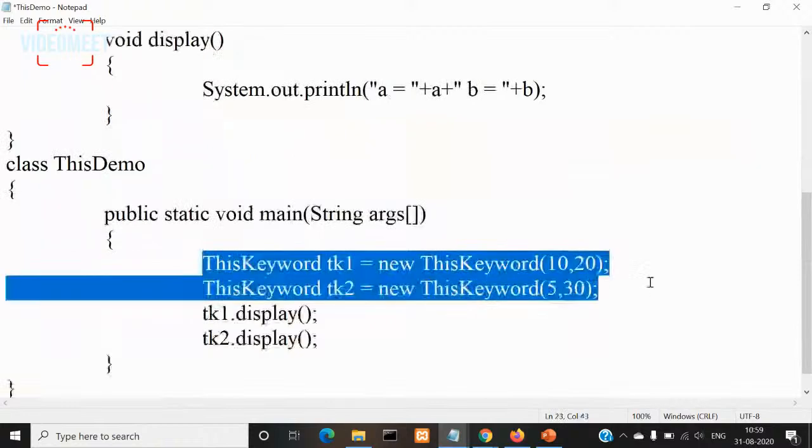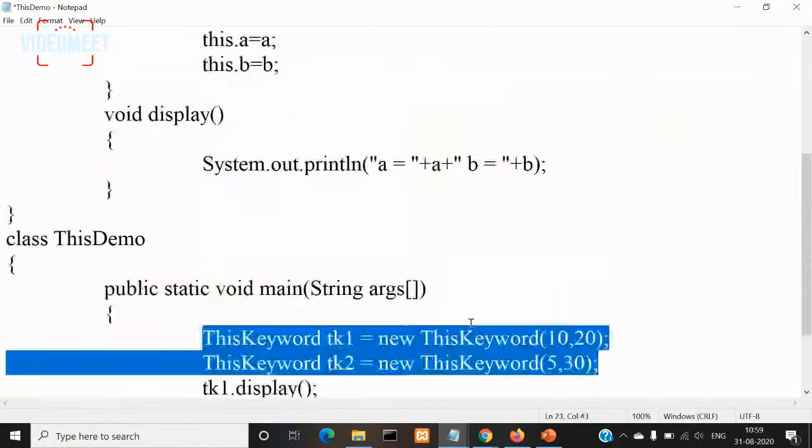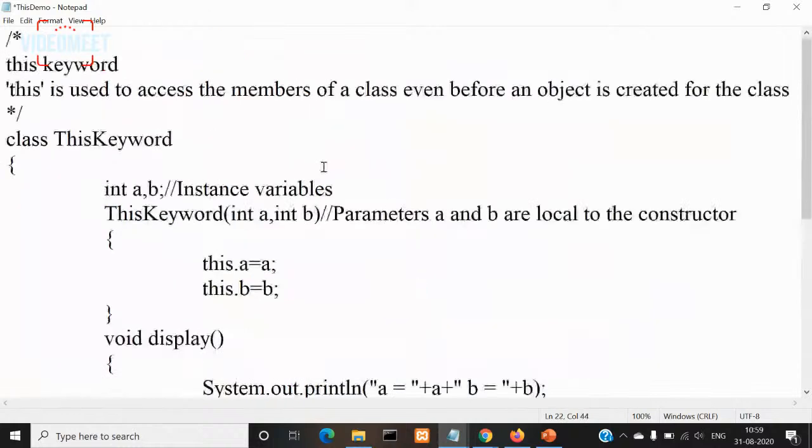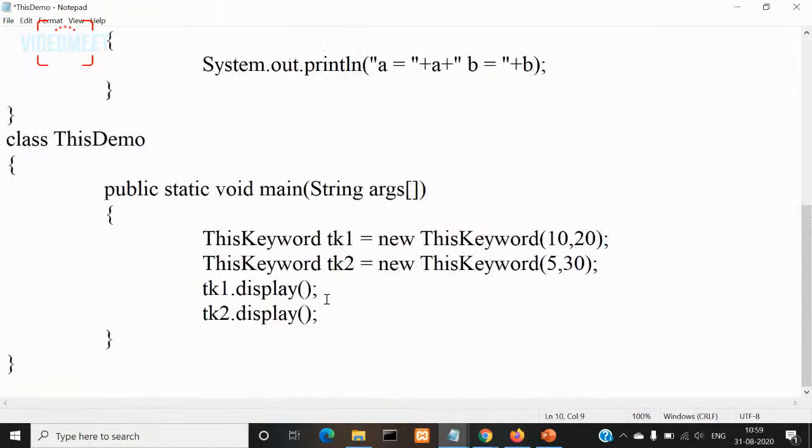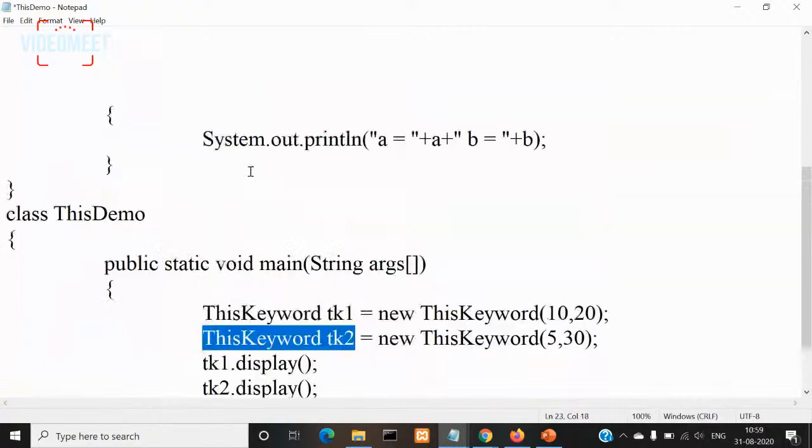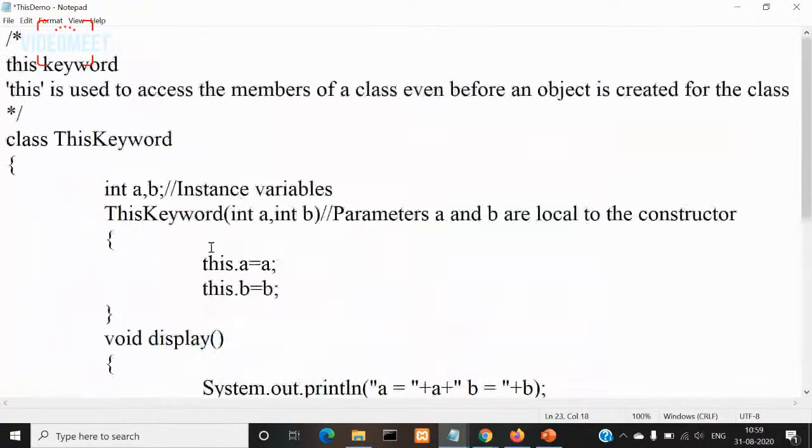So when I create an object for this keyword class using the constructor, this keyword, then what will happen? This dot here refers to which object? Whichever object you are creating now, tk1. And when you create a second object like this, tk2, then this keyword will be replaced with that tk2 object. So this keyword at runtime will be replaced with whatever object you create,